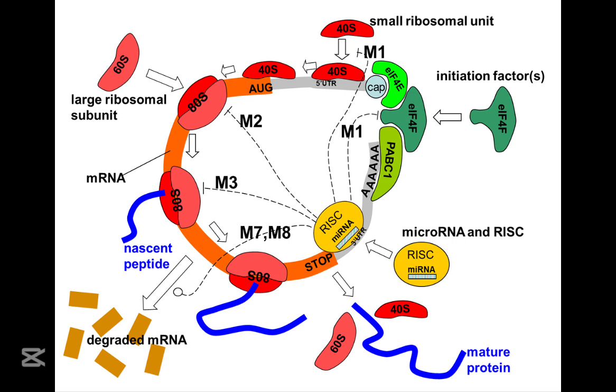So the longer the tail, the more protected the mRNA and the more protein it can make. But if the cell needs to slow down protein production, it can shorten that tail, making the mRNA more susceptible to degradation. Exactly. The cell can actually control the length of the poly-A tail. And even hormones, those chemical messengers that travel throughout the body, can influence this length, adding yet another layer of